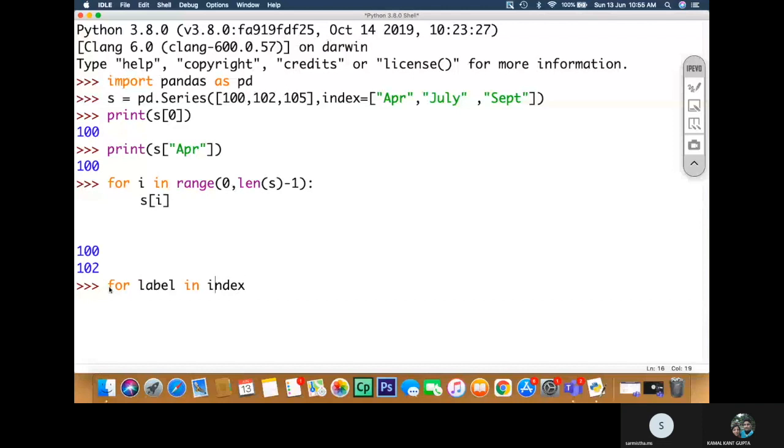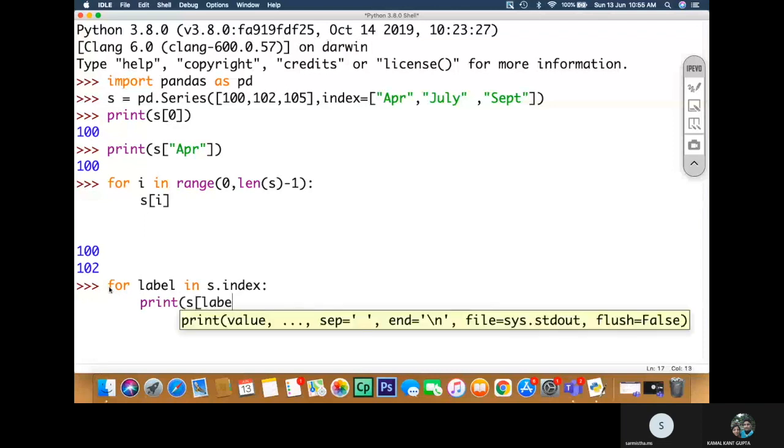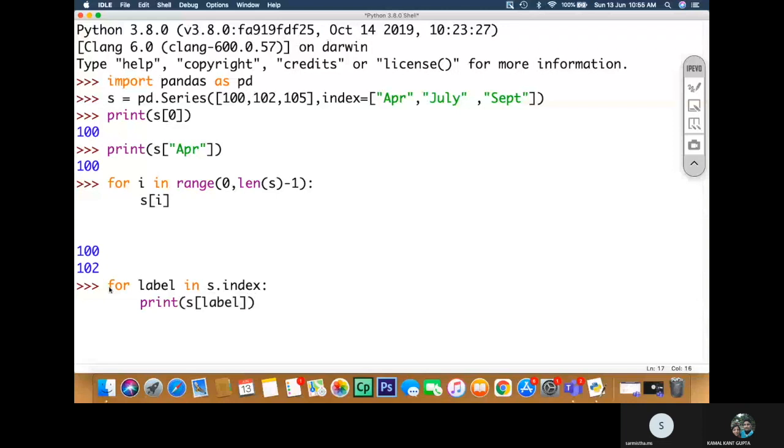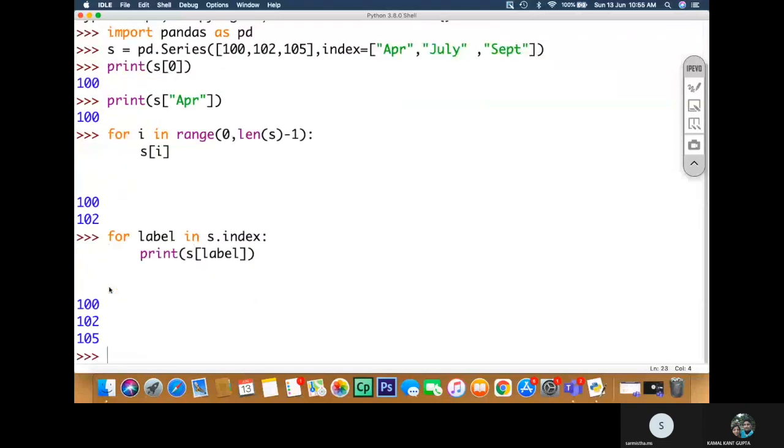We have s dot index, and here we can just print S at label, and see what happens. So this can also be done.